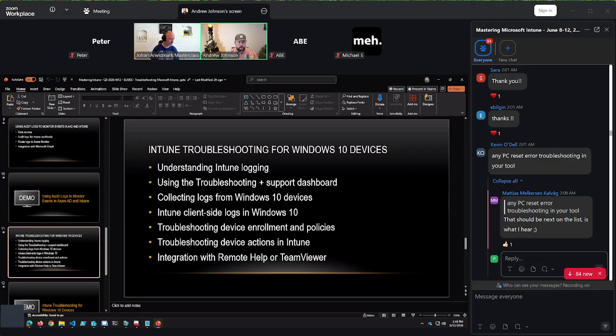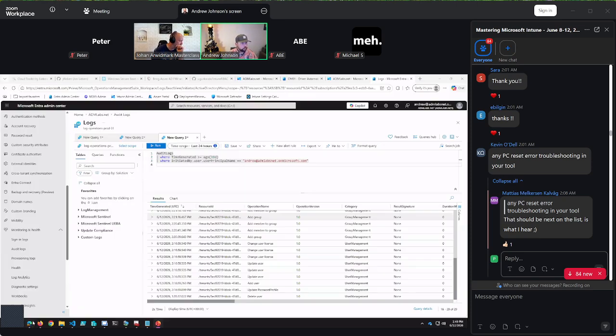Jürgen taught us a lot about logging from the client side on Tuesday morning, and took a look a little bit at the troubleshooting and support dashboard that we actually have in the Intune Admin Center, which is where we can pare down configuration conflicts, failures, app failures, conflicts, things like that, to a specific user and a specific device that user is the primary user on. So quite a few helpful things, I think, on the service side to grab that. So if we just head over to the Intune Admin Center,